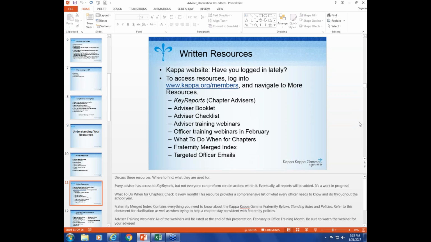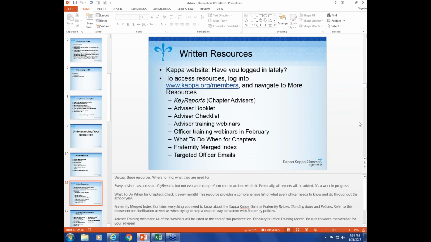To access the resources, you log in, and then you go to the tab on the right-hand side of the home page that says More Resources. Key Reports is its own tab, and that is an invaluable tool for chapter advisors, because it's the one thing